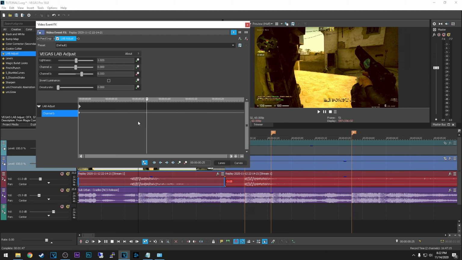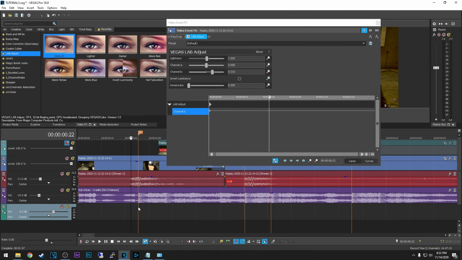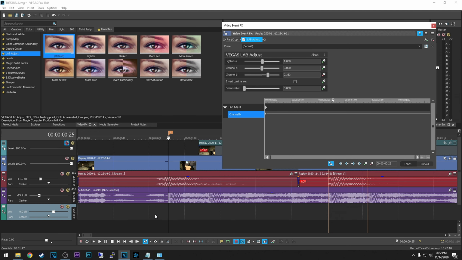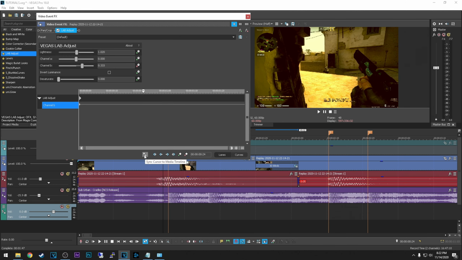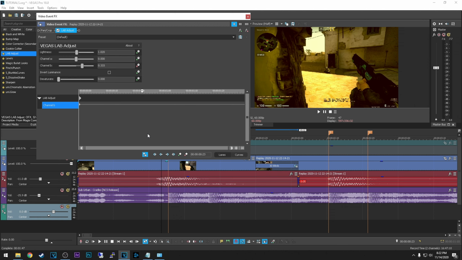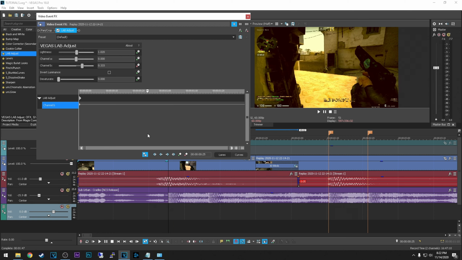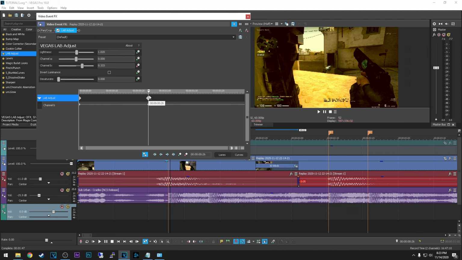So for the channel B effect right here, I'm gonna go to exactly when I want the effect to appear. It's on my mark actually, so I'm clicking that. If this doesn't move with the video itself, you need to click sync cursor to media timeline, because if I have it disabled, you will see that the preview window is not moving. Right, so let's say I want the effect to appear here. What I need to do is add a new keyframe, and with this basically I can configure it individually to have a different setting.